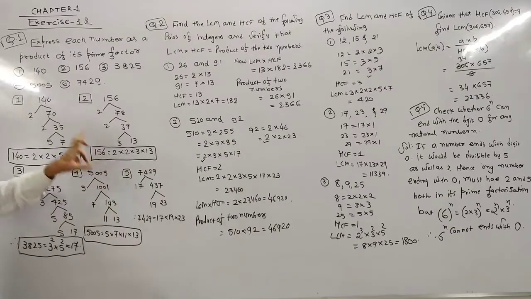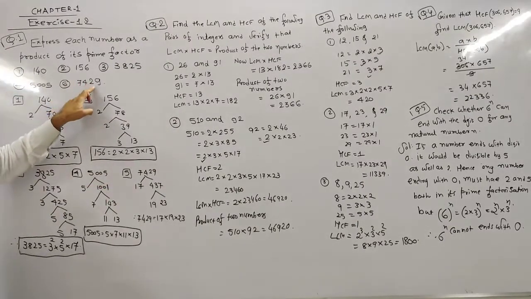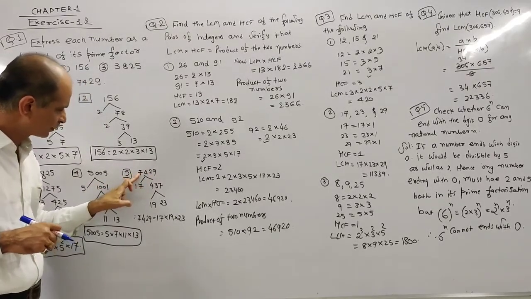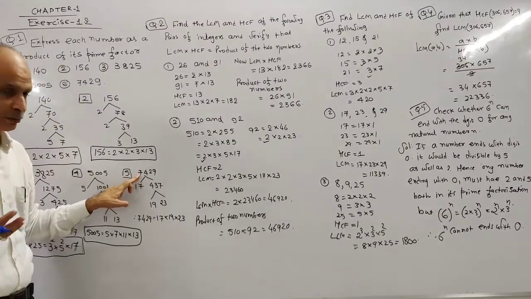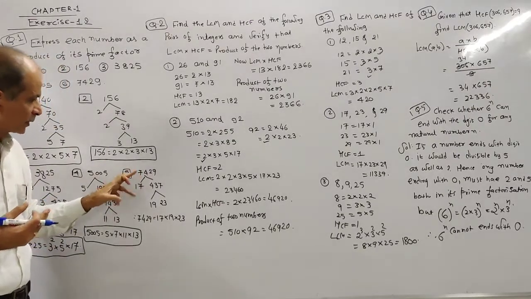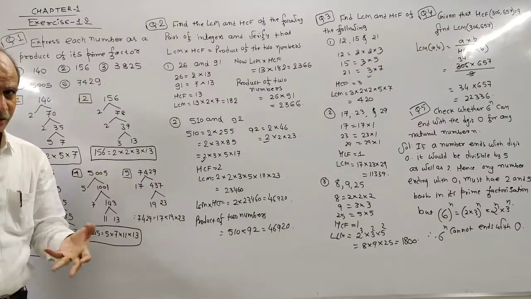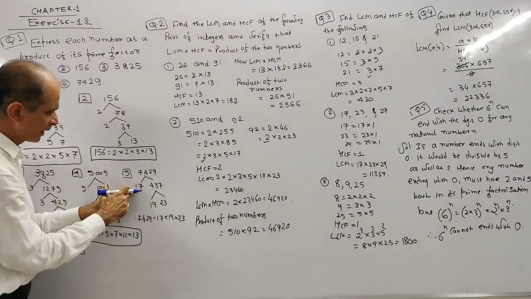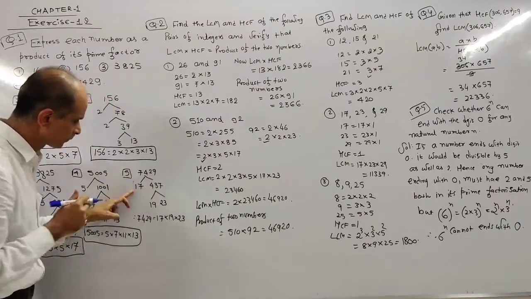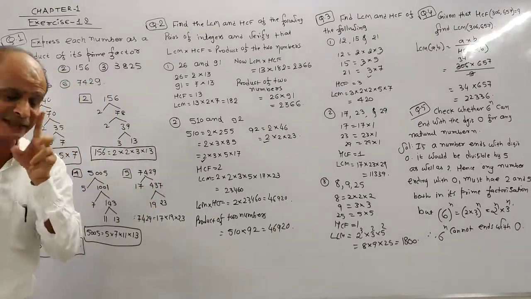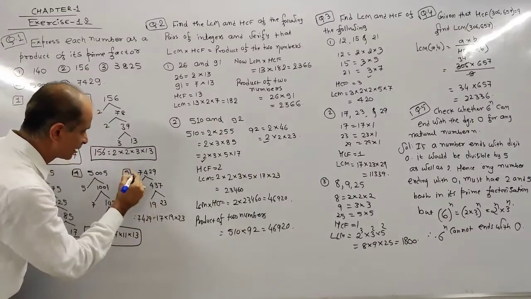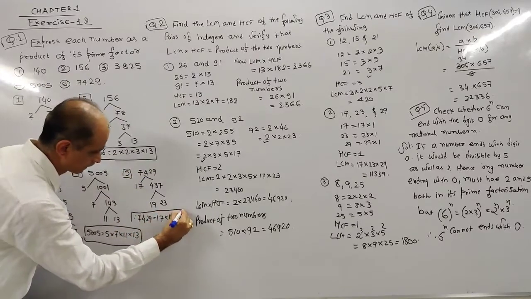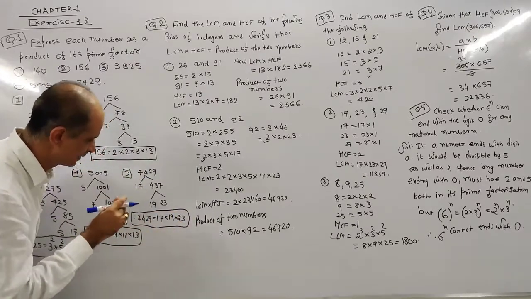Well, so last example of this question number 1: 7429. 9 plus 2 is 11, plus 4 is 15, plus 7 is 22, which is not divisible by 3. So this number is also not divisible by 3. The last digit is 9, so it is not divisible by 5. You can directly divide it by 17. When you divide by 17, you get 437. Again, this 437 is divided by 19, so you get 23, and that's why the prime factorization of 7429 is 17, 19 and 23.